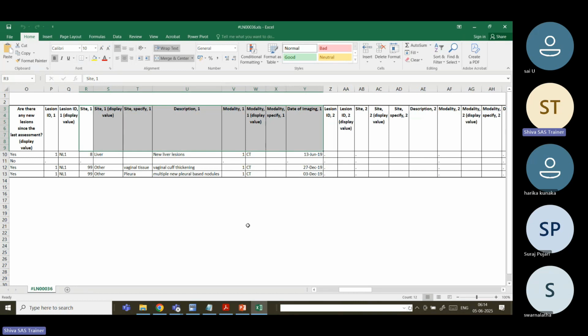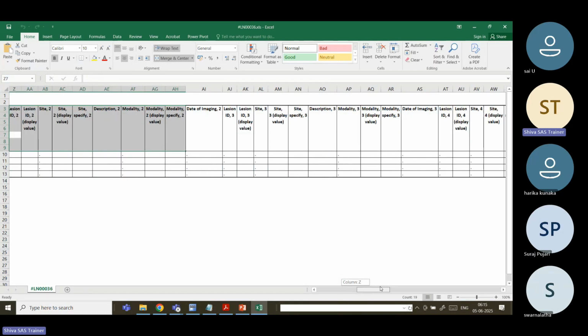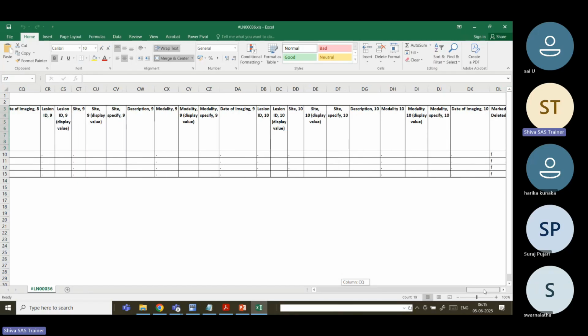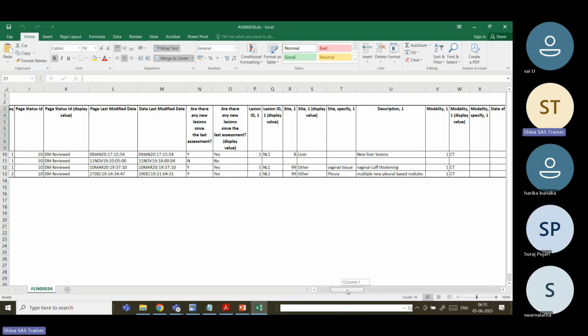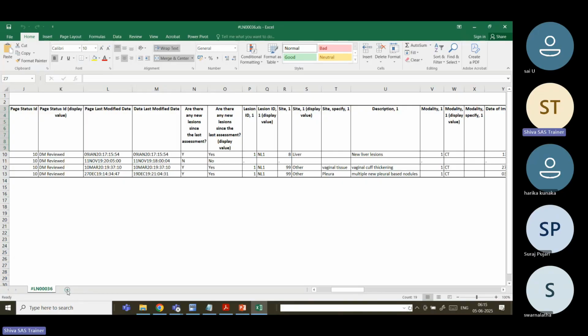Okay, so we identify the sites, new lesions, where it is either liver or other. Okay, so in future we may get the site two related information. Okay, and the site three, site four, like the 10 sites they are identified. Okay, so everything in a separate column. And now what we are going to do here,